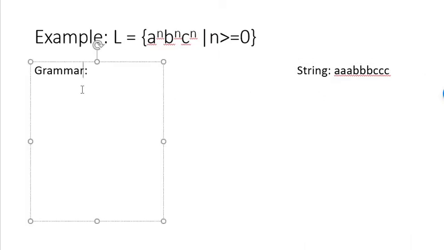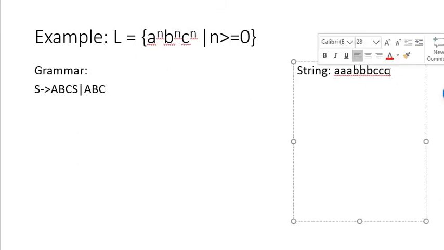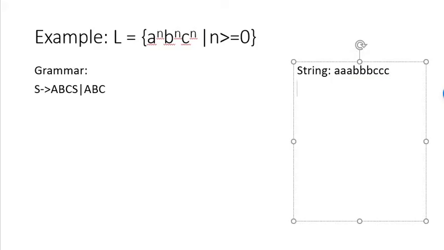I should write S2 ABCS or ABC, right? So what it will do, using these two productions, you can generate any number of capital A's, capital B's and capital C's, right. तो मेरी स्ट्रिंग में जितने ए बी और सी है उतने मैं कैपिटल ए बी सी जनरेट कर दूंगा, उसके आगे हम बाद में सोचते हैं। तो यहाँ पर ये जो मैंने स्ट्रिंग एग्जांपल में ली हुई है उसमें